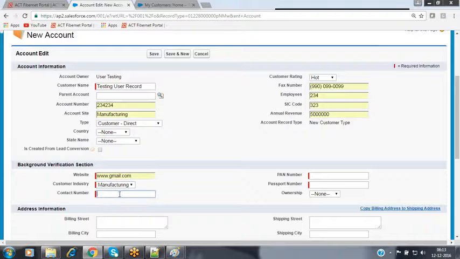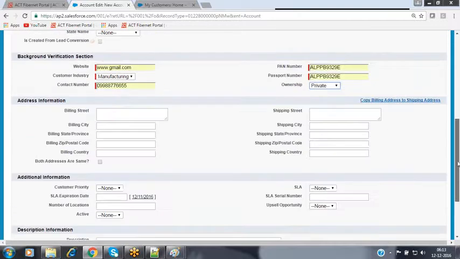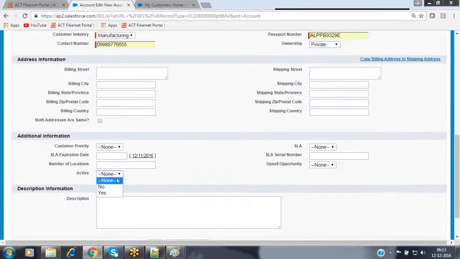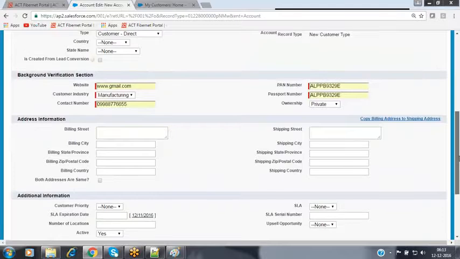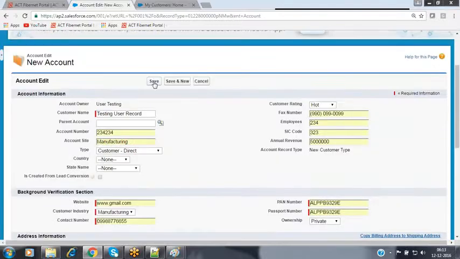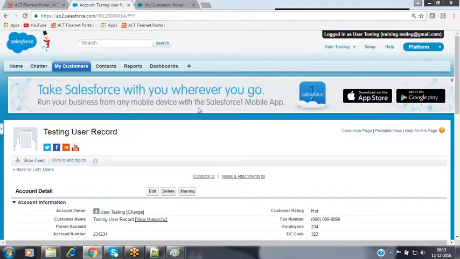Industry value I'm giving as manufacturing. I'm giving the active status as yes. Now I'm saving this record. Now my record has been saved successfully.